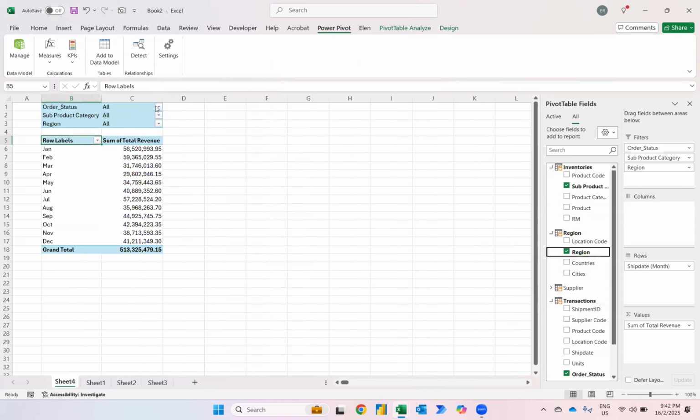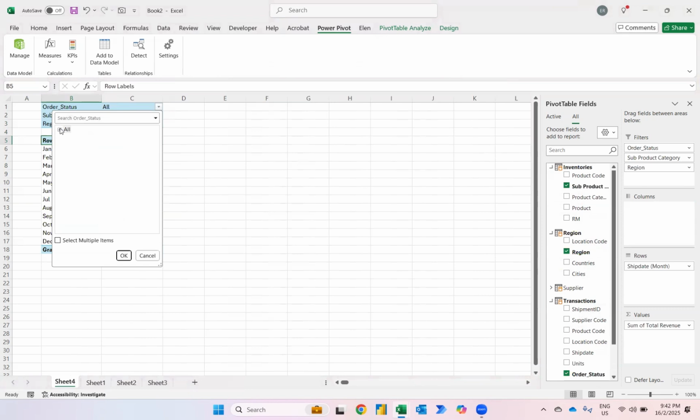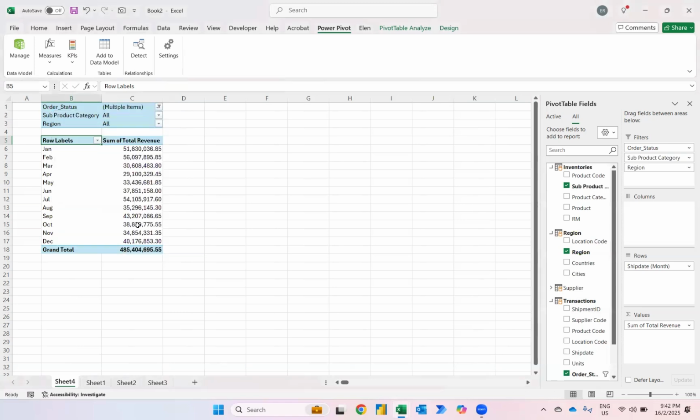For order status, I don't want to calculate for all. Instead, I want to calculate only some. So I'll select multiple items, unselect the cancel, and press OK. So this is the details. And then what I'm going to do next is I'm going to